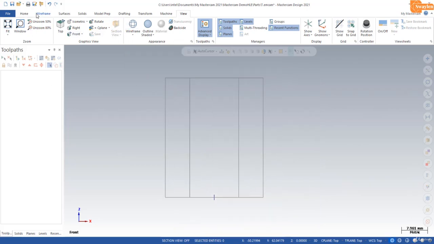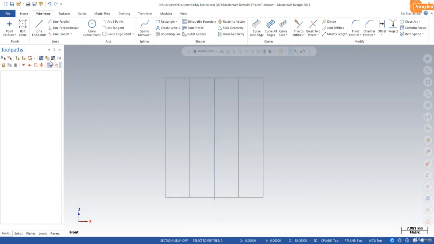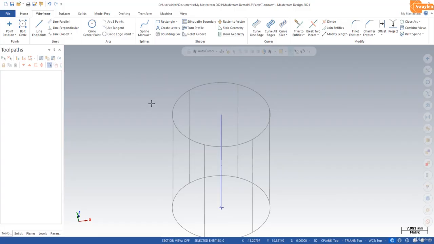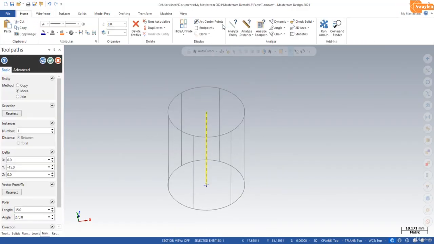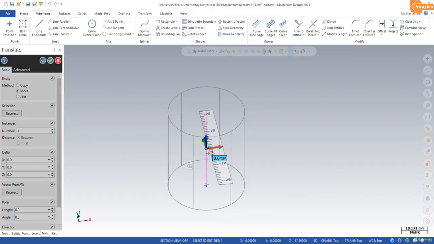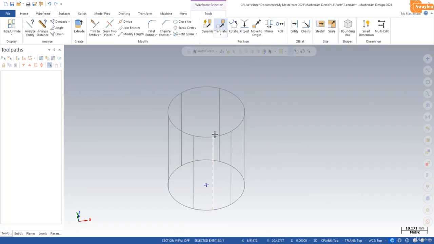So I will create the line here to here. But you will see the line is created at the center. So select and translate. In the y-axis the value is -15. Okay, now select this line,